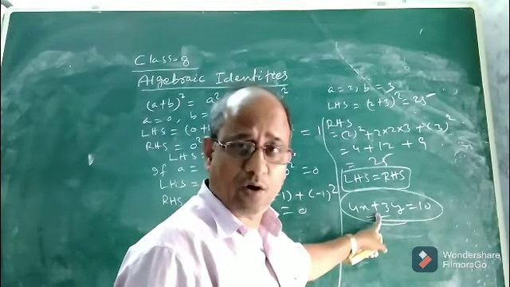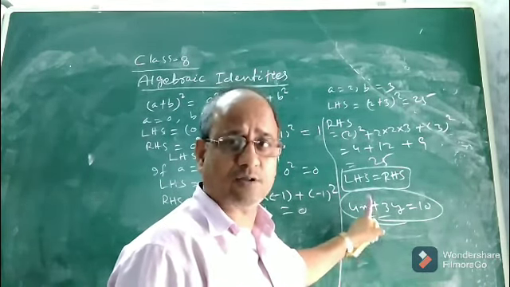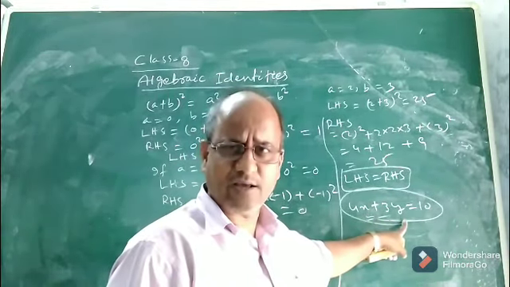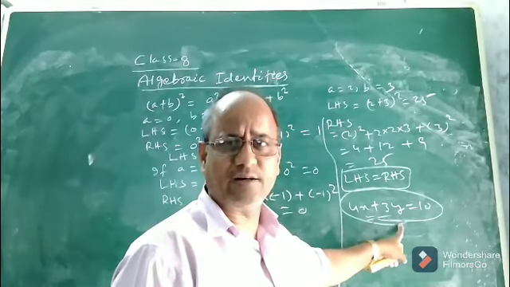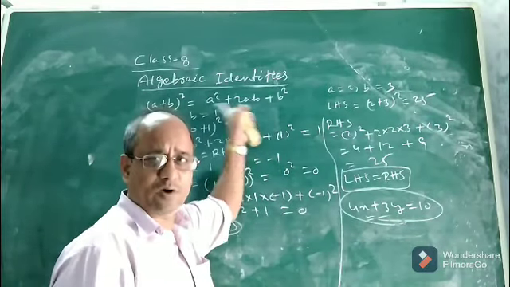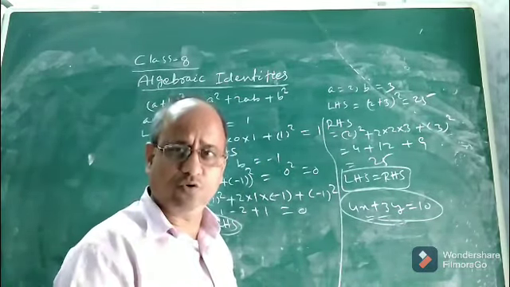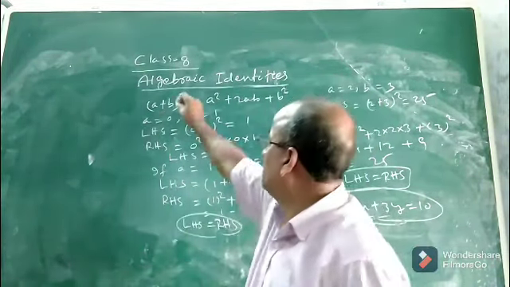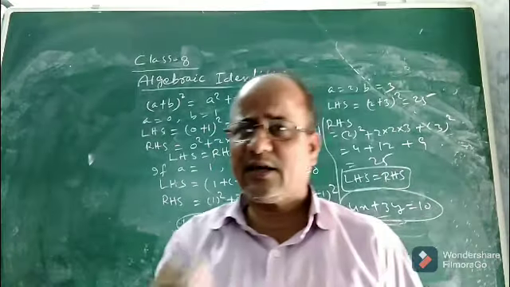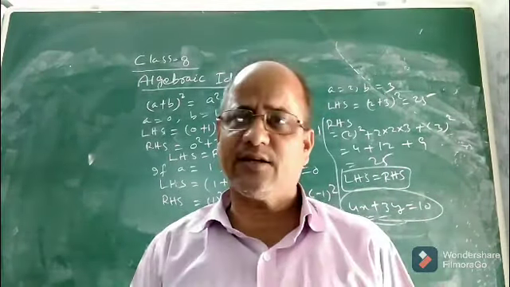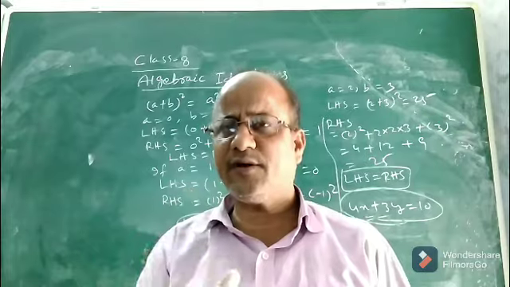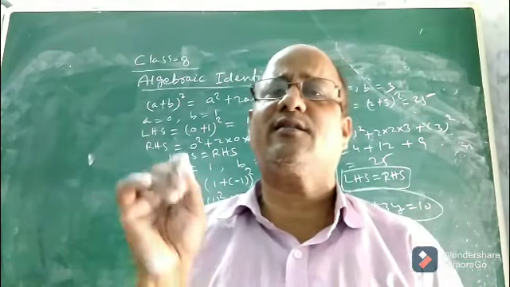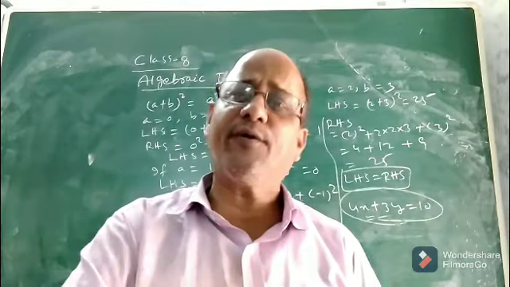This is an equation because it is true for certain values, for some particular values of x and y, the unknowns or variables present in it. But this statement of equality will be true for all values. Whatever values you assign to a and b in this particular equation, you will always find that LHS equal to RHS. That is why it is called an identity. So this is the difference between equation and identity. My intention was to give the concept of identity and how it is different from equation.